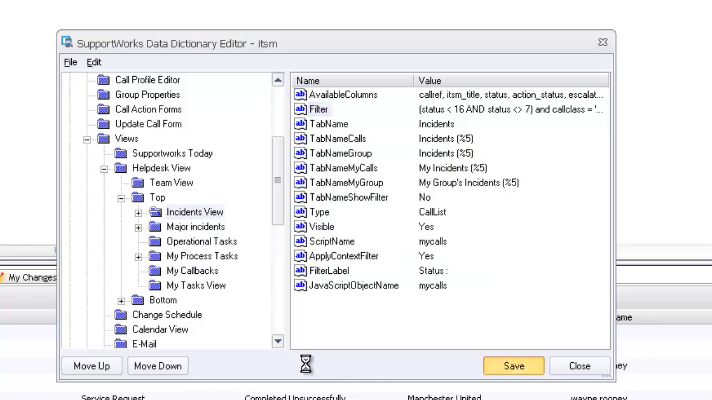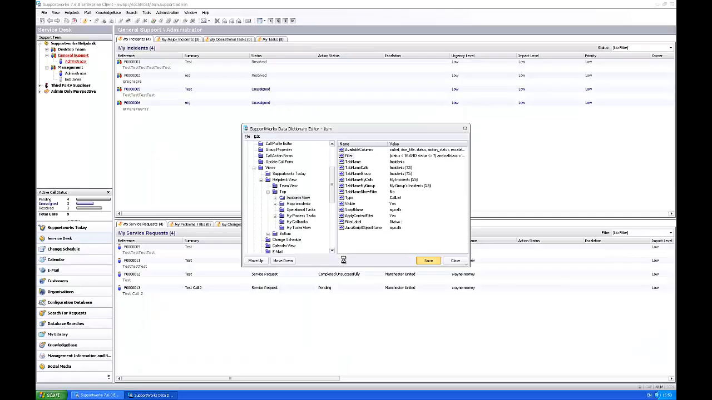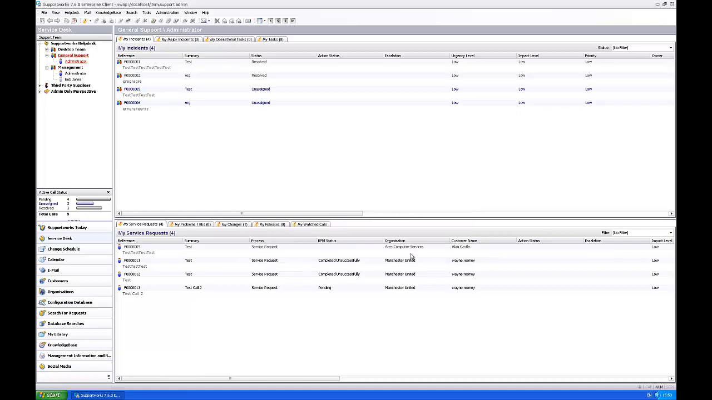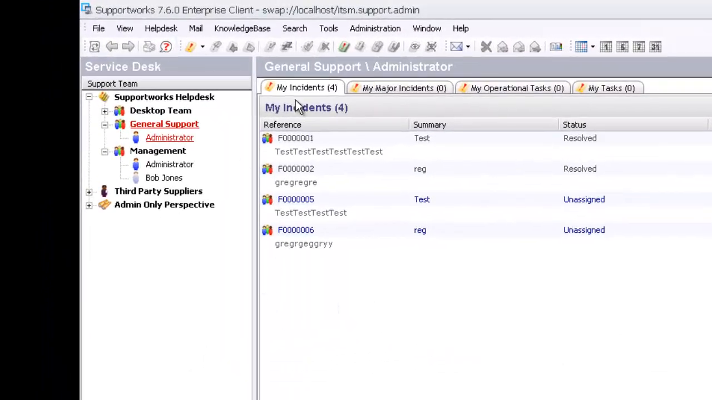What this will do is it will show only the calls that are in that particular area. So again, we'll see exactly what that means when we save this data dictionary. One thing to remember with the data dictionary is when you do make changes, remember to restart the SWHTTP server service. Okay, so I'm going to click on OK there. So now if I refresh the data dictionary,